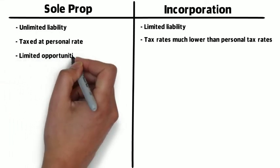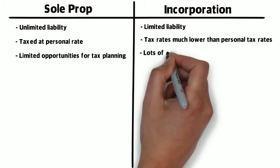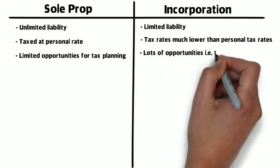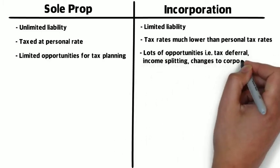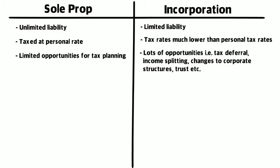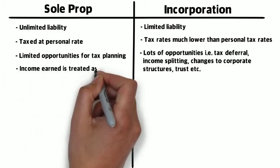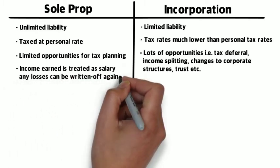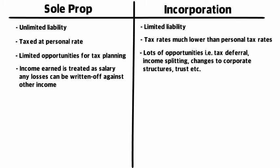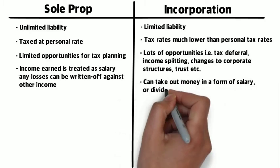There are limited opportunities for tax planning with a sole proprietorship, but there are tax planning opportunities available with a corporation, such as tax deferral, income splitting, changes to corporate structures, or setting up trusts. Income earned under a sole proprietorship is treated as salary, and any losses can be offset against other income. Compare that to a corporation where you can take money out of your corporation in a form of salary or